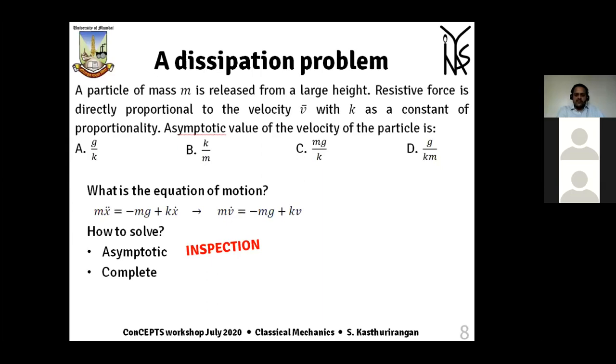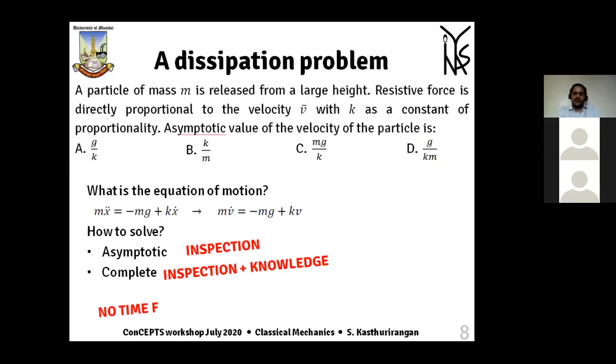However, if you want to do a complete solution, it is fine. That can be done also if you have practiced enough differential equation problems in mathematical physics, because you know the classes of problems which you have, and most physical systems are good to solve. For example, a constant force, a force which is linear, all these things you can solve beforehand and keep stored in your memory bank, so that at least by inspection you can arrive at the answer in a fairly straightforward manner.